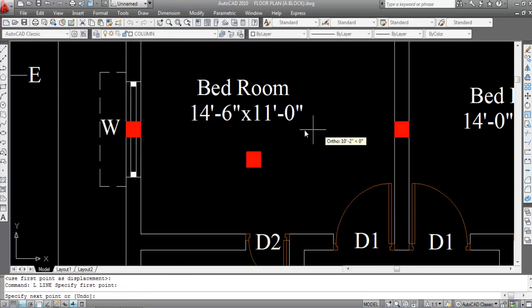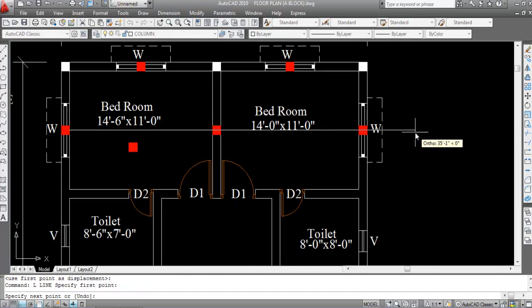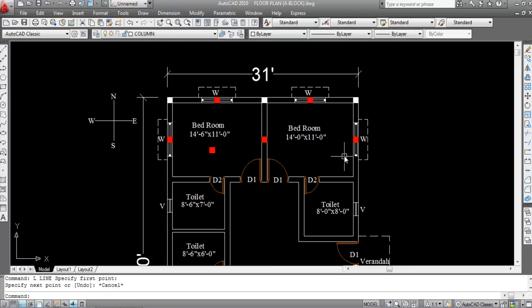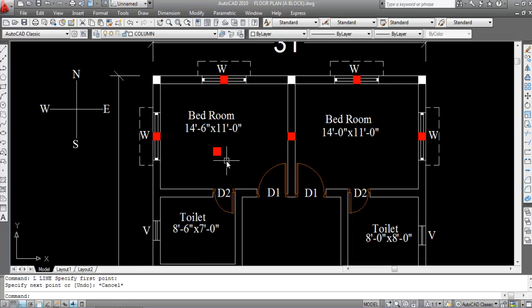You can see, draw a line here. See, all three columns are on same grid line. Okay, now delete this column. Select, delete. So stop column is provided. Now I'll provide column on this intersection point of the wall. Also I'll provide here and here, on same grid line. Okay, so Ctrl V,